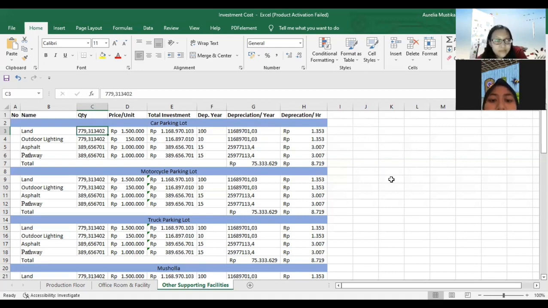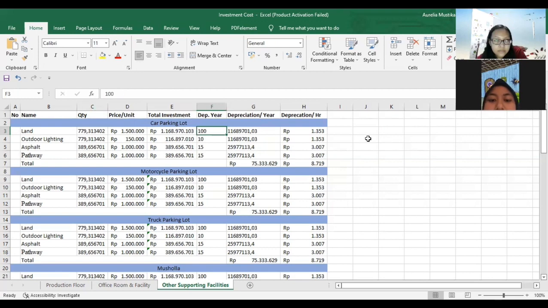For the land, the quantity is 779. For the price per unit, there is 1,050,000. And for the total investment, the formula we can see on the screen: the quantity times price per unit.